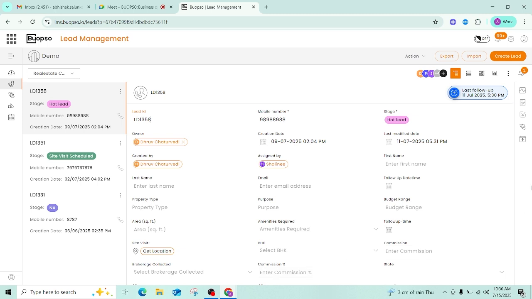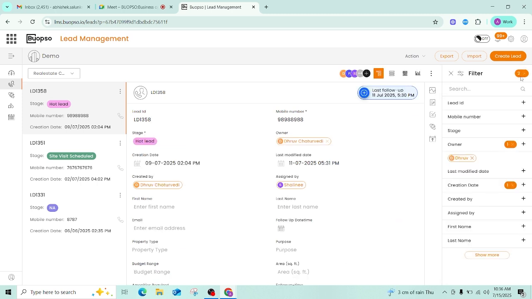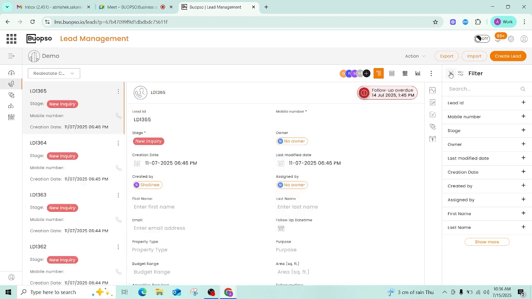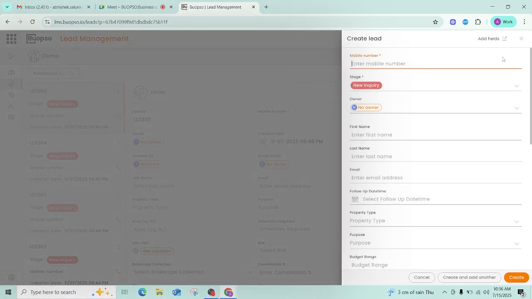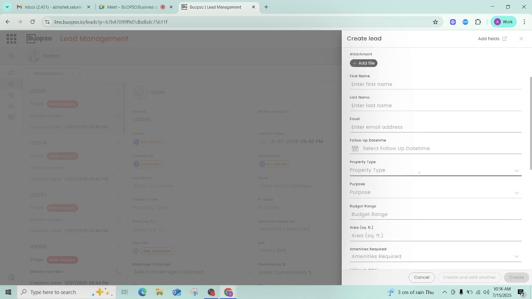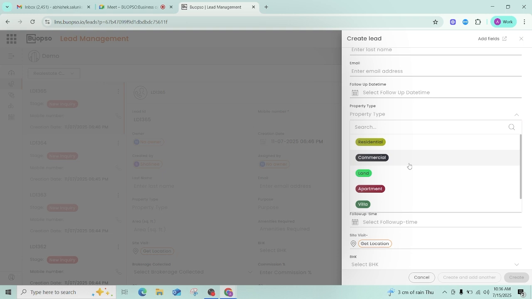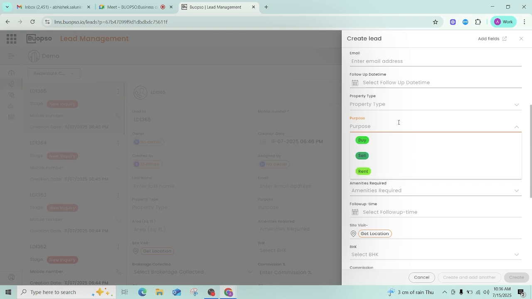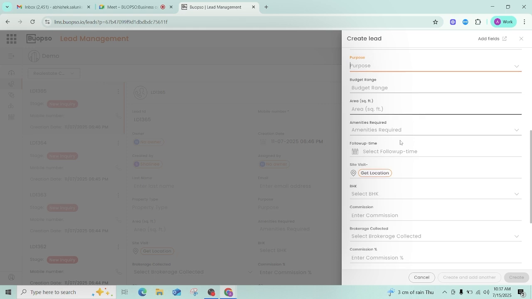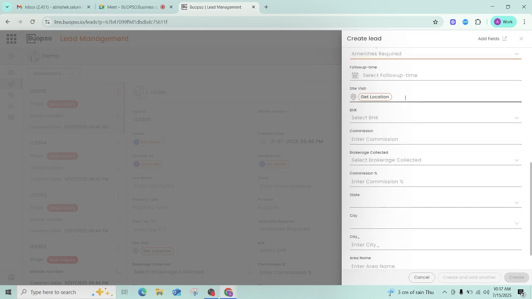As well, this is our real estate demo account in which we have already created the client information fields from our client's point of view and our point of view. Just like first name, last name, email, their next follow-up date, and which kind of property they require from your side, like residential, commercial, land, apartment, villa, as well as the purpose, like buy, sale, or rent, the budget they are looking for, the area, and the amenities they require within a property. As well, just in case your field executive is present at the location which has been finalized by the client,